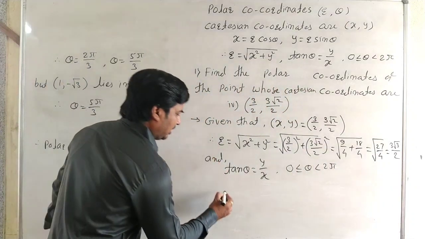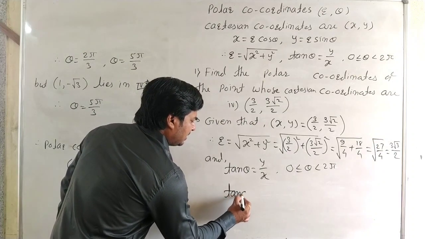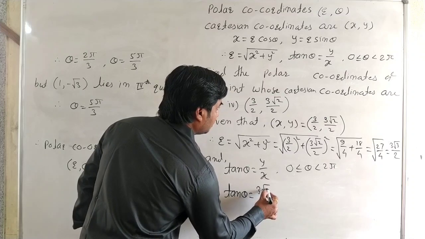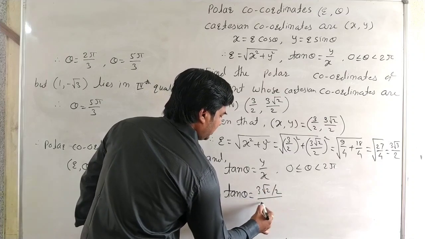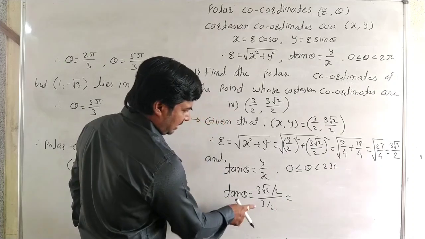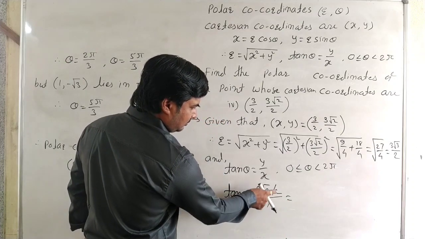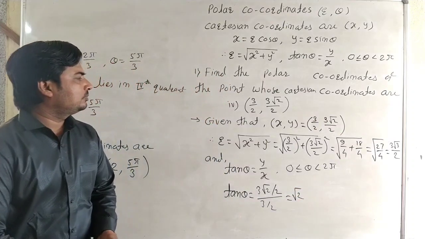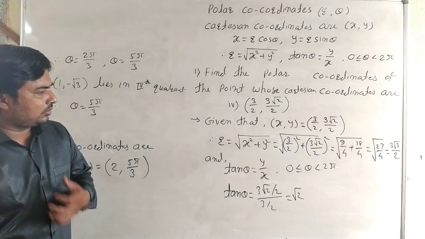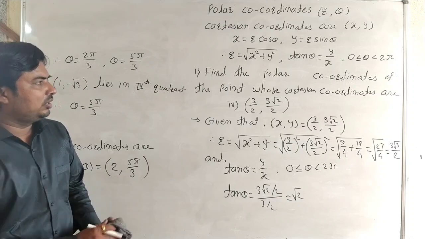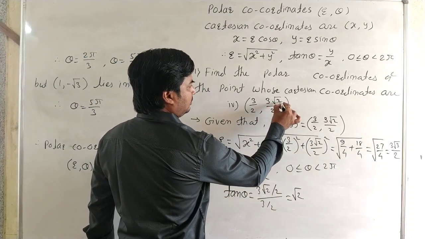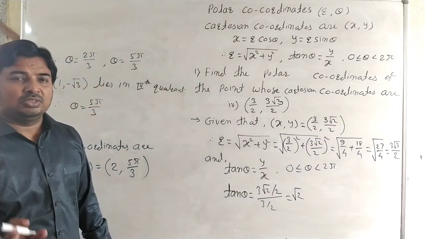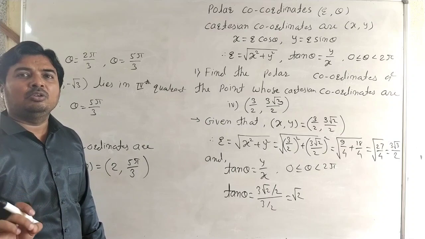Now we want to find the theta. Tan theta is equal to y upon x. It is 3 under root 2 upon 2 and 3/2. Then again here it is 3 3 and 2 2. It is under root 2. Now here there is a print mistake in the problem. Here it is under root 2. Here we take 3. Because tan theta is equal to under root 2,